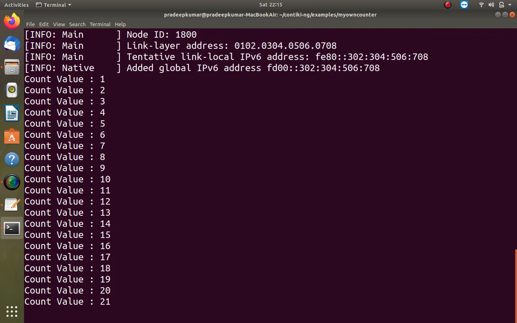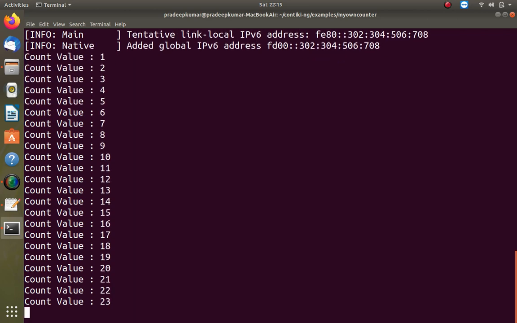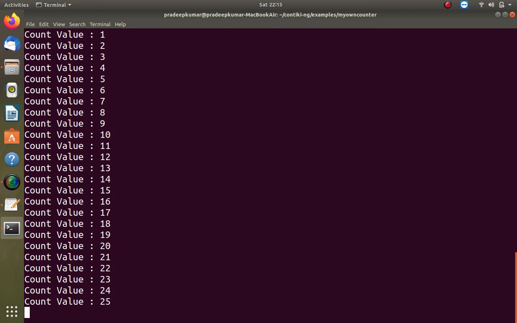Anyway, after this we will stop. Next will be our own temperature and our own humidity value, and how we can print it here by using the random functions available in C programming. In the next example I will showcase that, so that the same thing can be extended to the sensor nodes, because sensor nodes have different sensing hardware and different counter variables. If you want to implement this on a sensor node, we have to think. Anyway, I will show you the same example running on a node.